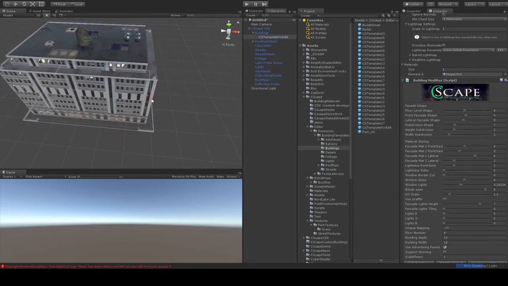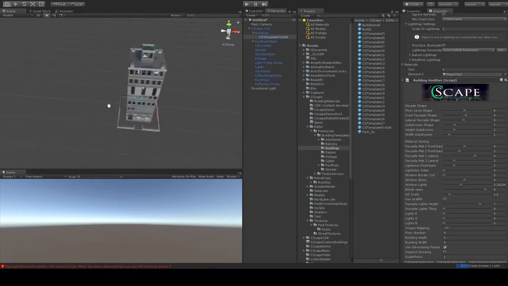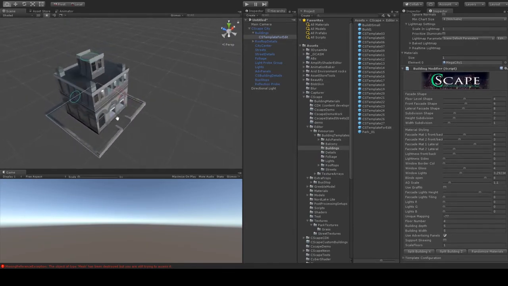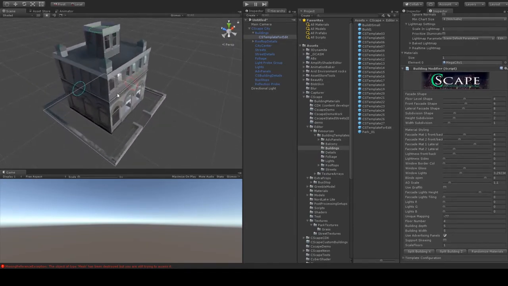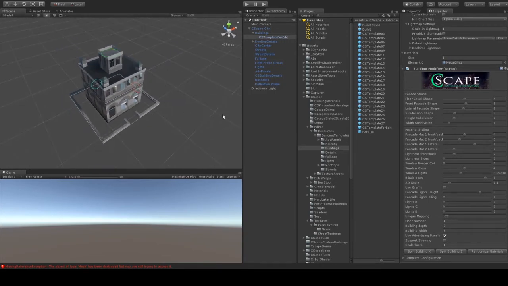If we want to see how it was originally, the original mesh was something like this. By resizing it to the smallest size, you will see that it's made more or less like this. For this example, I will try to build another type of building,